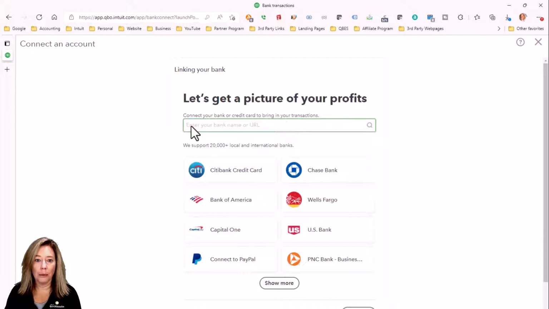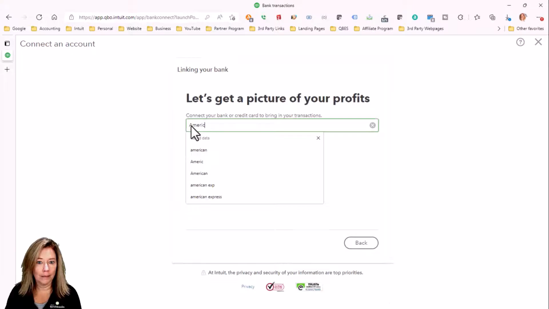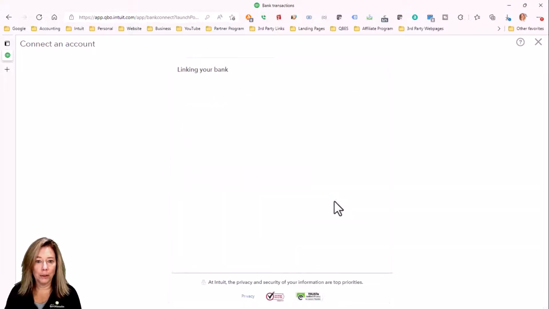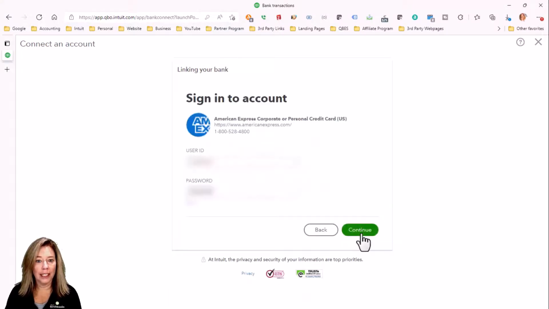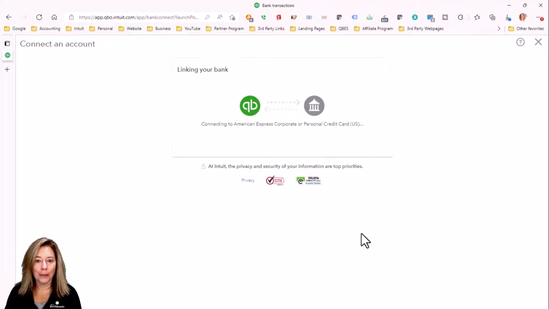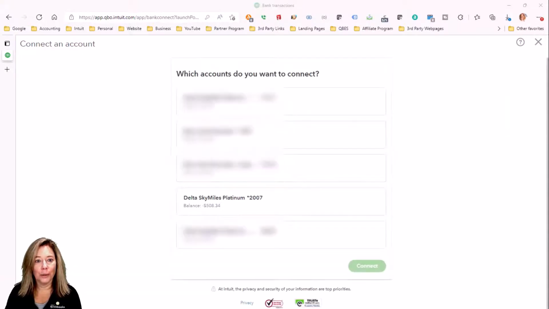I'm going to add a credit card account from American Express. I will sign into my account with my user ID and password. If you have multiple accounts with the institution you're setting up, you can choose one account or all to connect to. I'm going to just choose one of my accounts,